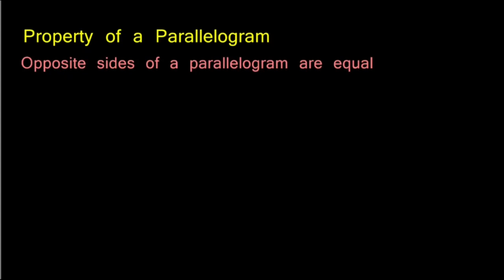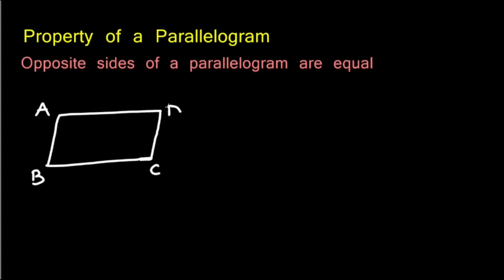Now we will understand a property of a parallelogram. This property states that opposite sides of a parallelogram are equal. So let us prove this property. In parallelogram ABCD, draw a diagonal BD. So the parallelogram is divided into two triangles, in triangle